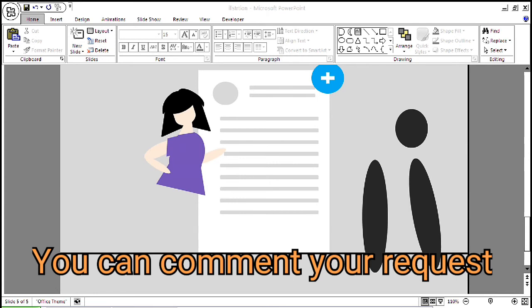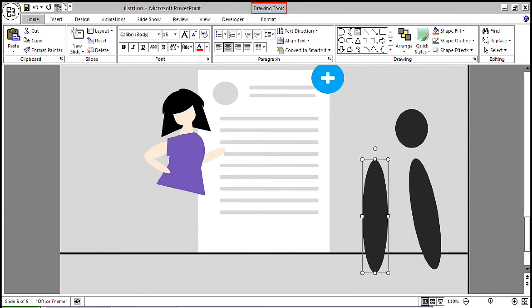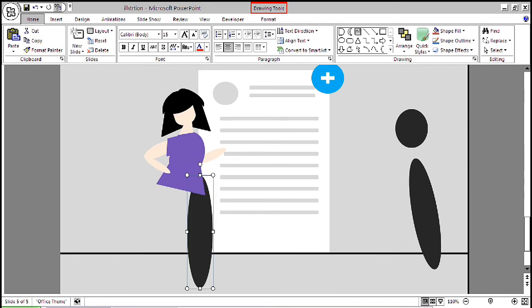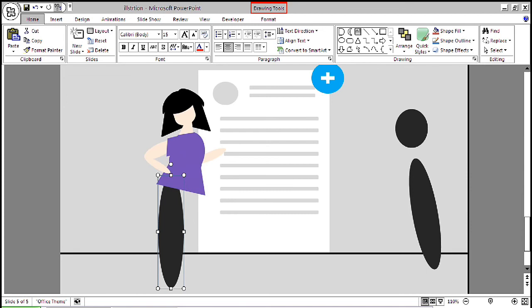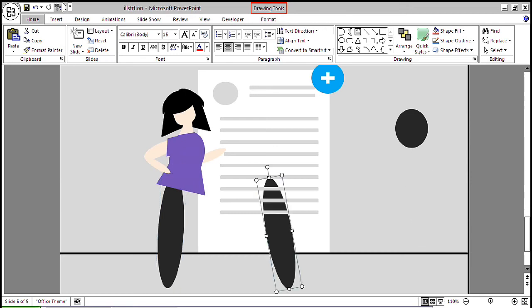Then again use the same circle, copy the same circle, and using the format shapes, make 2 copies of that circle, and use those circles to make 2 leg parts for the figure.